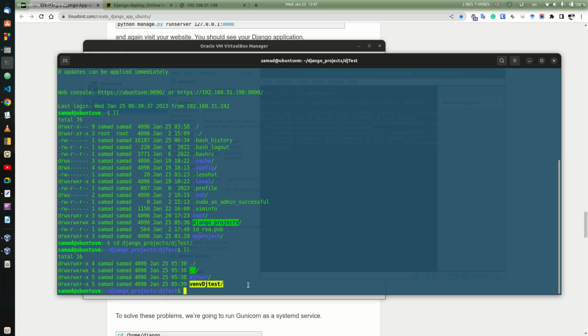This is our virtual environment. source venv, djtest, bin activate,